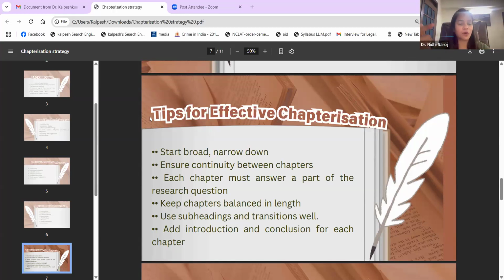Now, I started very broad. When I started writing my chapter, I had told you that I decided to keep one chapter on the impact of parental incarceration. Because I felt it is related to law, I further narrowed it down to parental incarceration and the criminal justice system. Then I broke down the criminal justice system also into different parts: parental incarceration and police, parental incarceration and court, parental incarceration and judiciary, and prison authorities. Are you all getting my point? So you have to start broad, then you have to narrow it down.